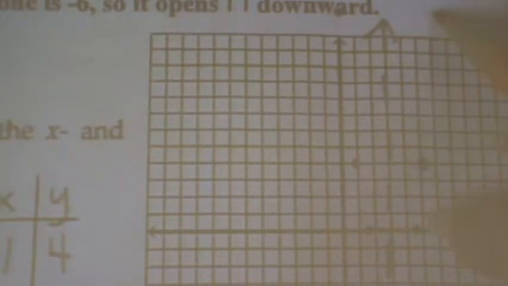And now could we do another point? Yeah, you can go over the same number of units from the axis of symmetry and up to 14. What do we have now? We have a perfect graph. Enough points,